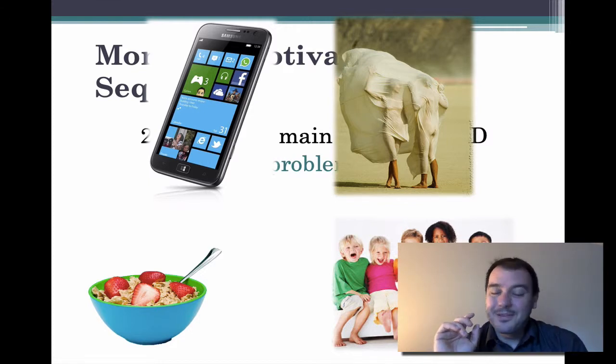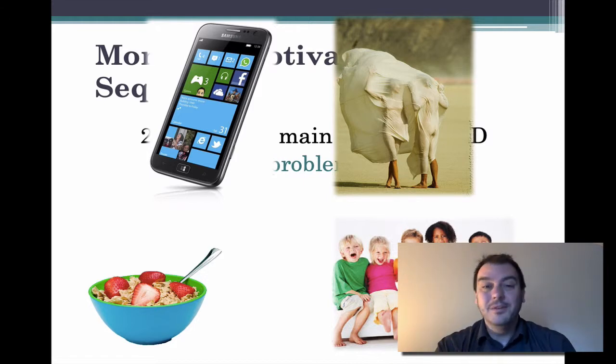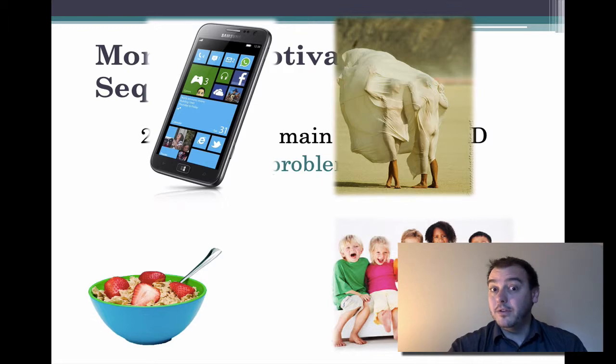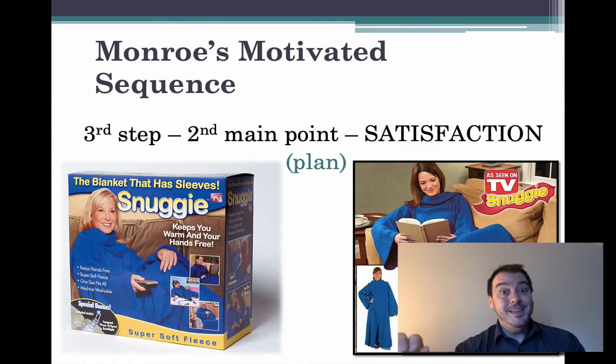And then this wonderful infomercial that some of you probably guessed at already goes into their very quick and satisfying solution, which is buy a Snuggie. It's simple, it's easy, operators are standing by right now. And this is such a quick step in Monroe's motivated sequence because, and you all know this, they go immediately